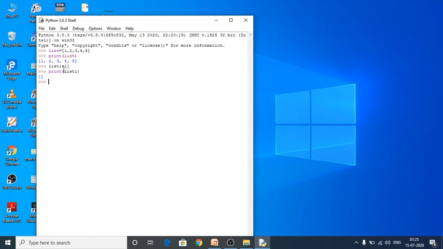So next one is, we can give characters or strings also as elements in the list, and that is also possible. And we can create as nested list also. Nested is nothing but if a list contains another list inside it, that is what known as nested list.